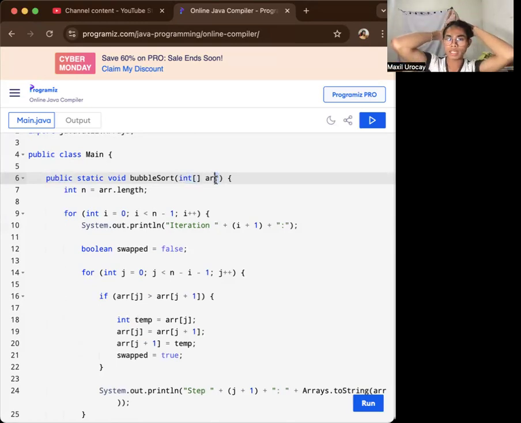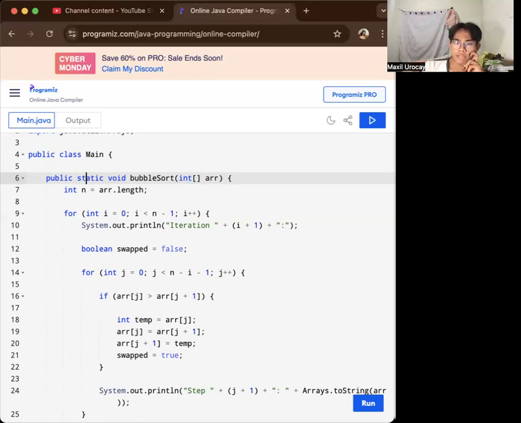It is stated as public static void since public means the method is accessible from anywhere, and static means the method can be called without creating an instance of the main class, and then void, the method does not return anything. So that is important.